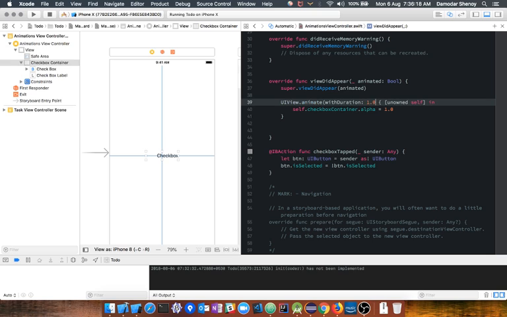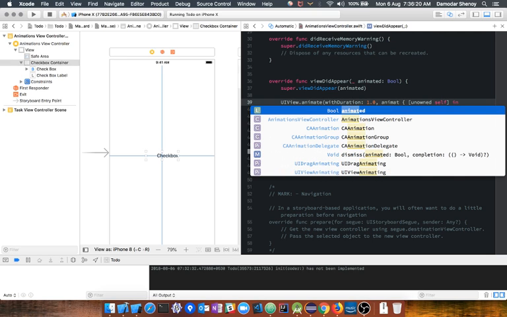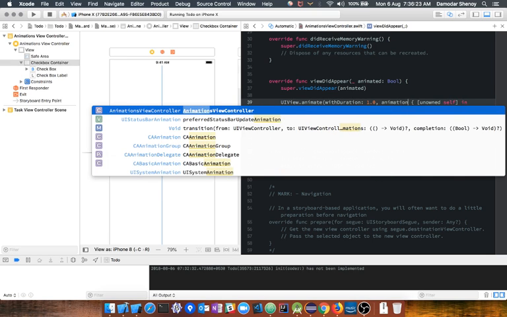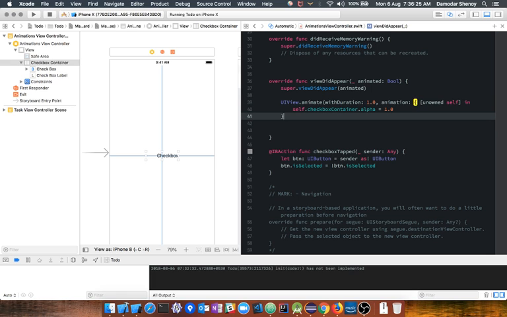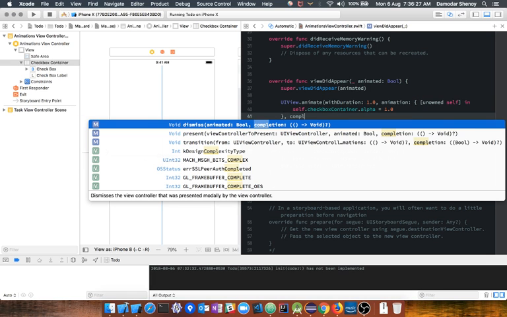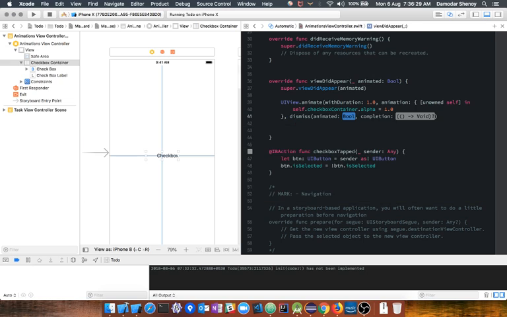So we need this animation. Okay, and we will have a completion block. Why did we get this? Okay,